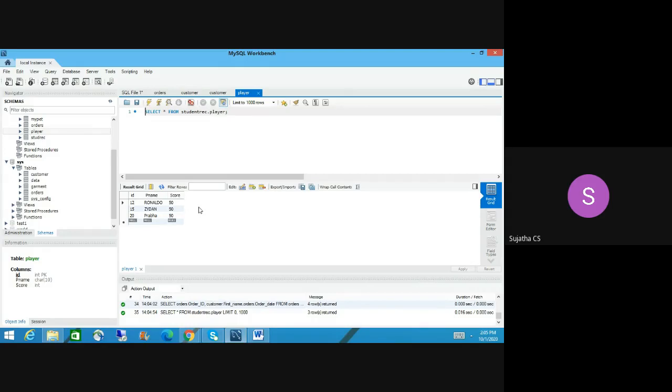In your textbook, they have given a create table for players. That player table has many columns: player number, player name, date of birth, gender (male or female), address, and team number. Team number is made the index key, so you can refer to it.